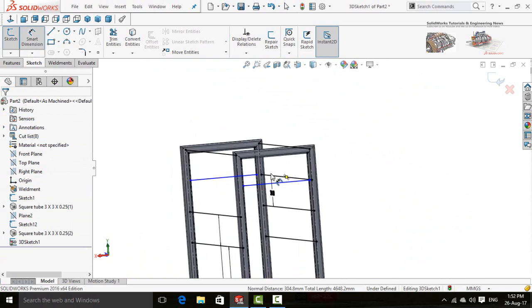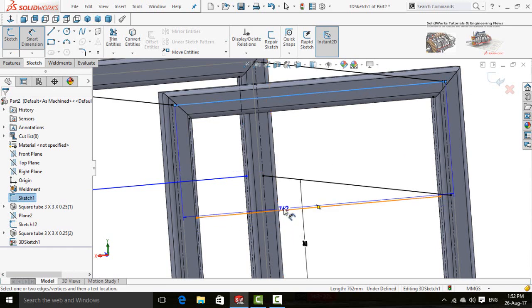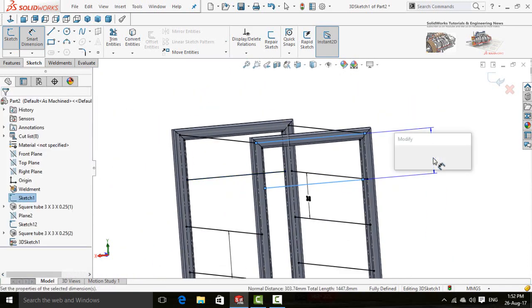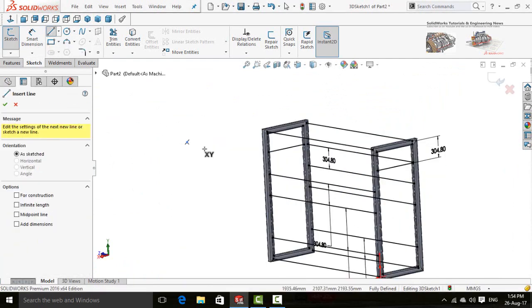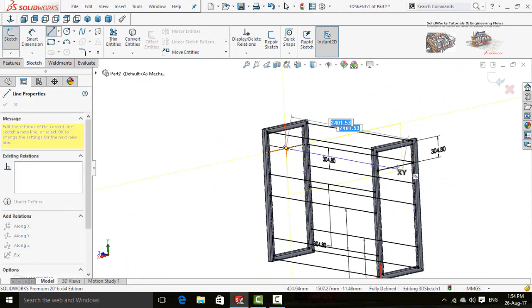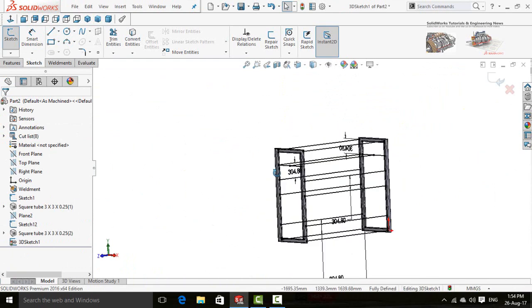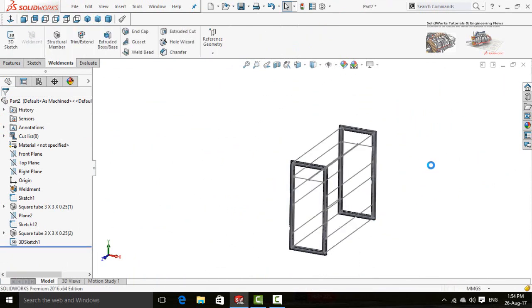So insert the dimension from this line to this line, 1 feet. One last line is left, so start it from this midpoint to this midpoint. Now our sketch is fully defined, so save and exit from sketch.